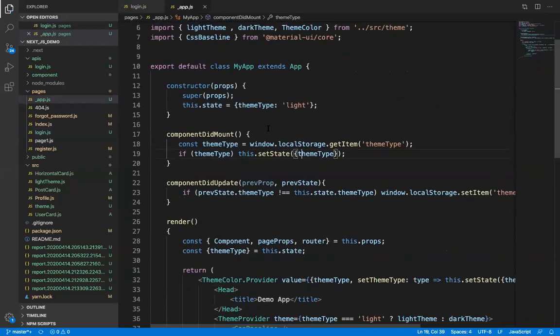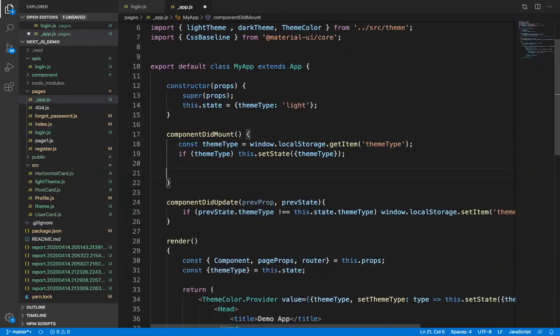So what I have to do is check whether the ID is there or not. So first we'll get the user ID here.